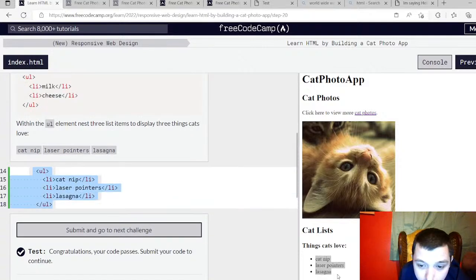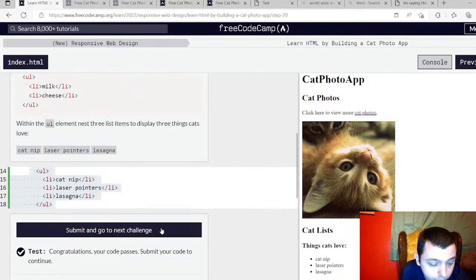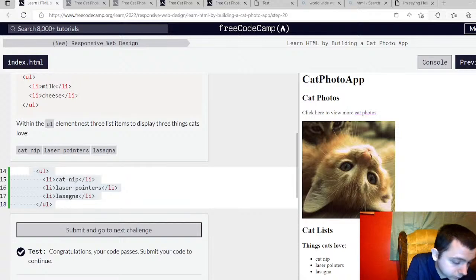So this code created this result. Alright, so